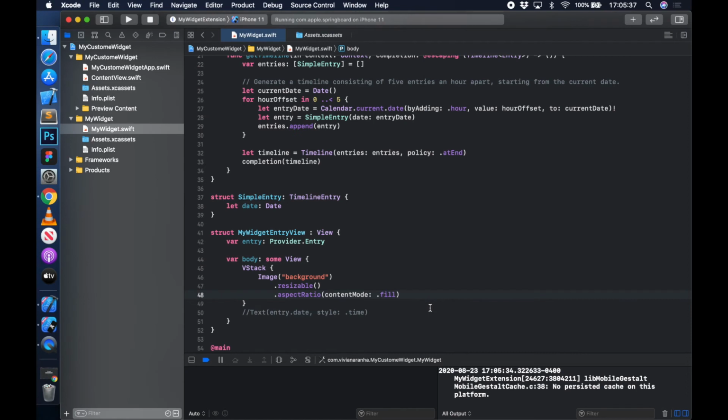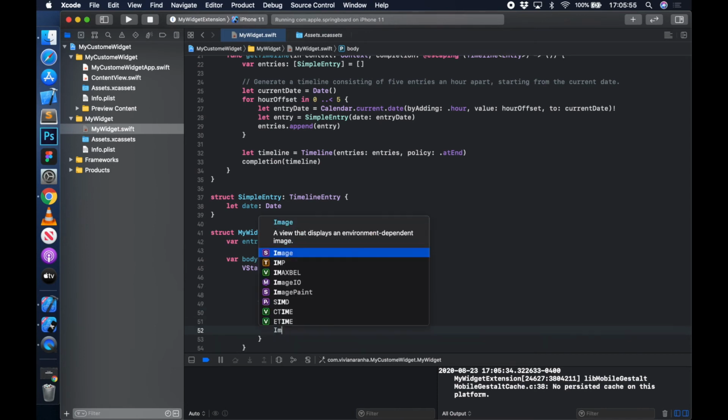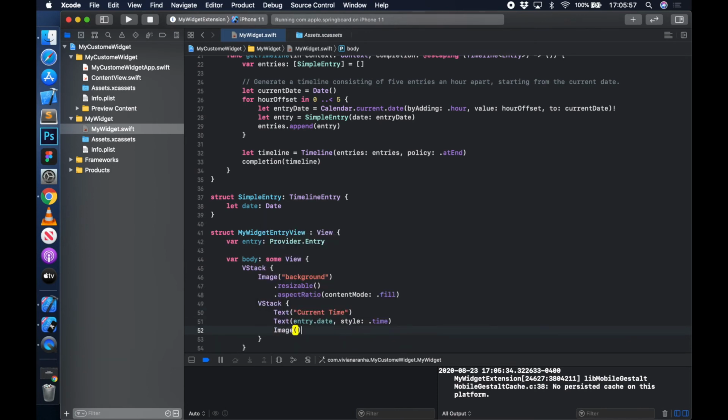Now inside that, let me create another VStack, and in that I can add multiple things. I can say I want this text, for example, current time, and I want to display the image of a clock below it. Then I can just say clock.